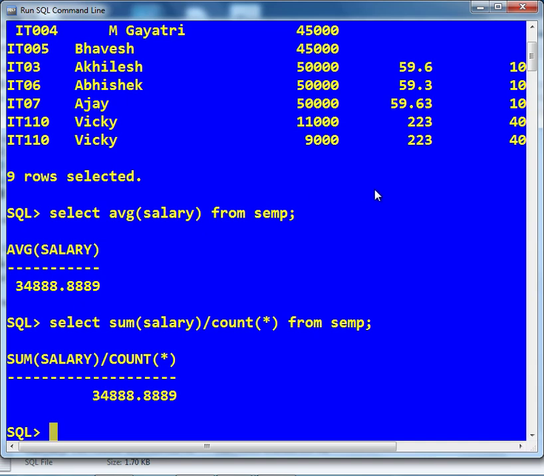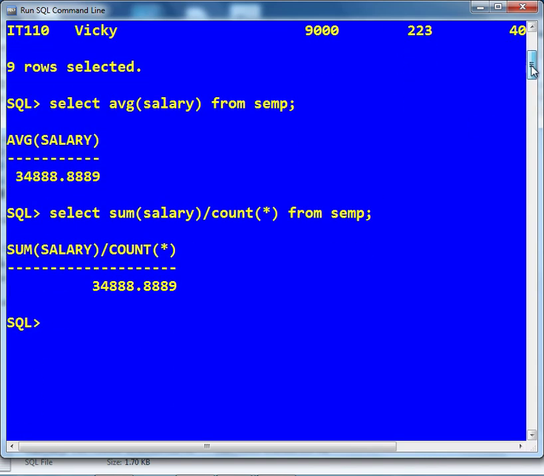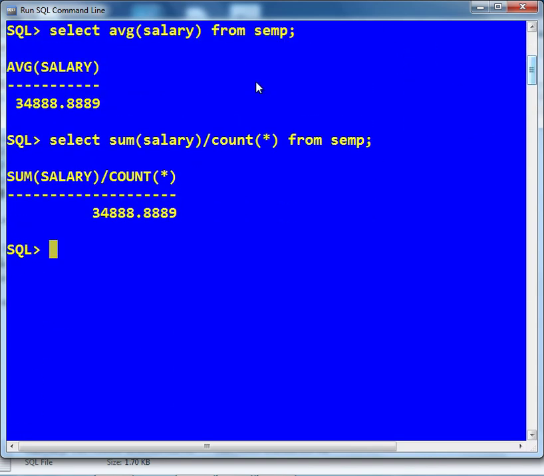If I write average salary from ACMP, it is giving me 34888.8889. But if I write sum of salary divided by count asterisk from ACMP, it is giving me 34888.8889.